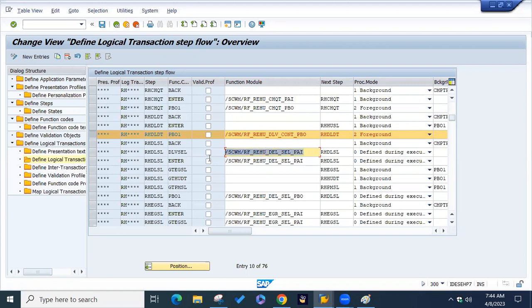Here in the function module we will set the next step directly. Suppose you have not given the next step, through the function module we can set that next step. So there are two possible approaches to define the next step: either you can go through this approach, or you can set it in the function module through the logic. Okay, so once you have done this one,